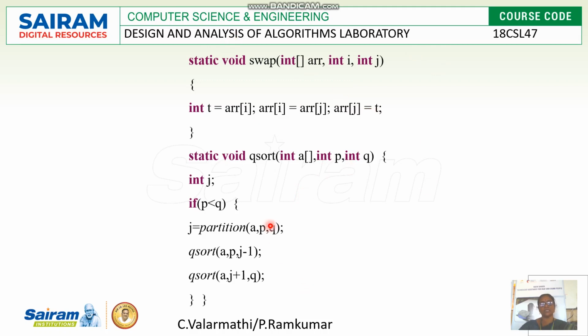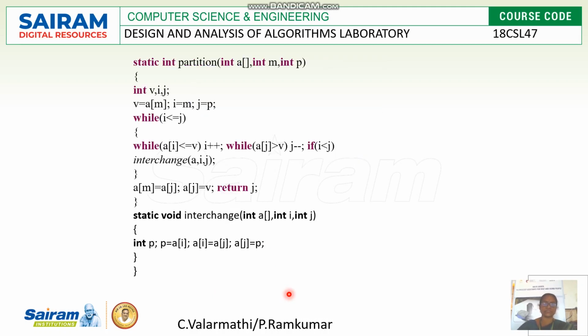Then we move on to qstart, that means quick start. We are passing the values of start and end now. So p is less than or equal to q. We are partitioning. Once the pivot value is partitioned, we apply again the recursive function qstart with p comma j minus 1. In the left side it will be performed. After that in the right side it will be performed. Likewise this quick sort is a recursive function.